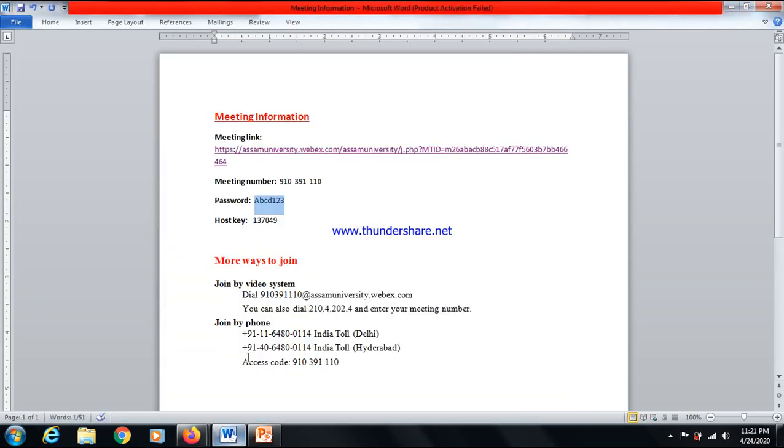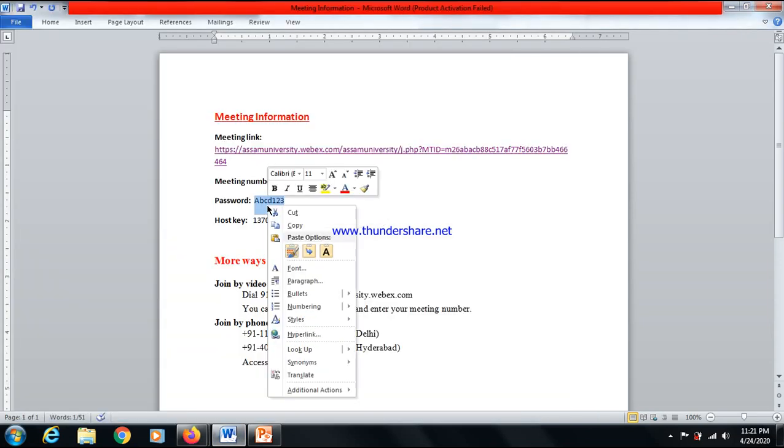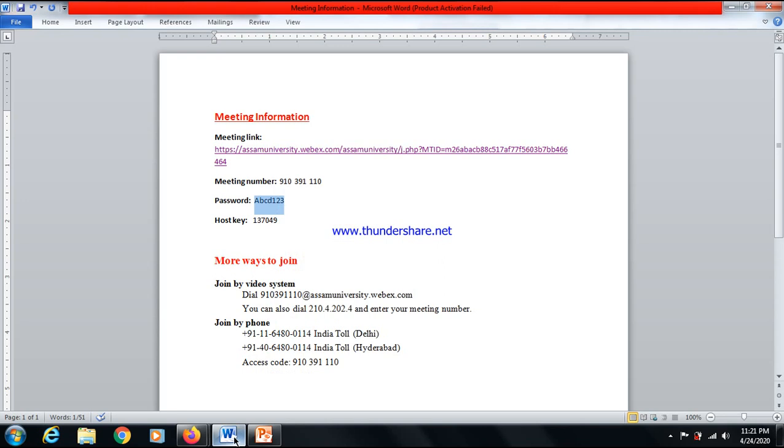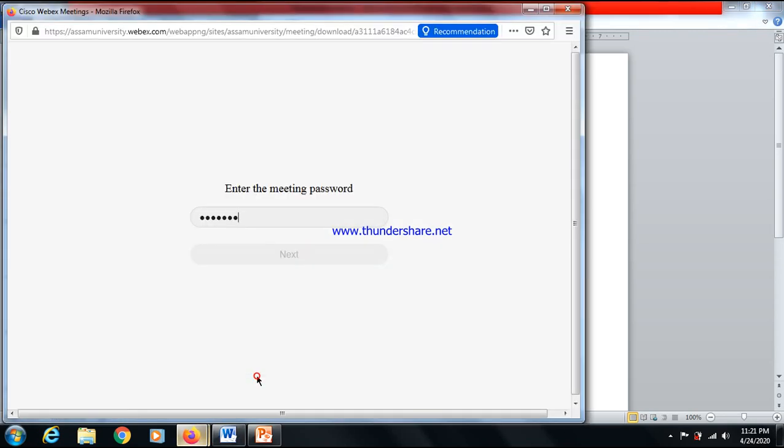So now we have to check what the meeting password is. This is the meeting password, so I have to copy it and paste it here. It is already given here. Again I am pasting this here, or I can write the password.